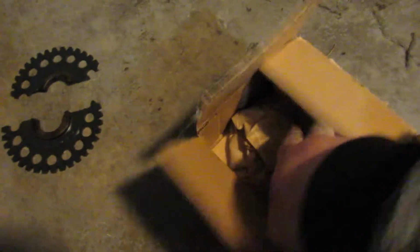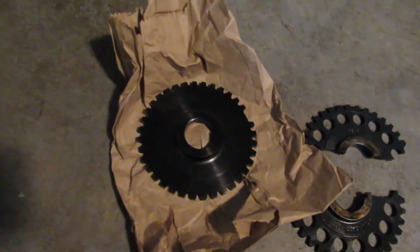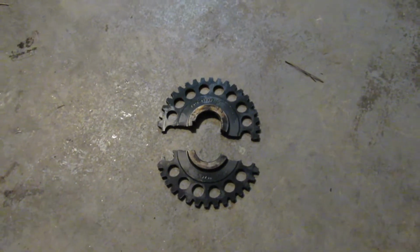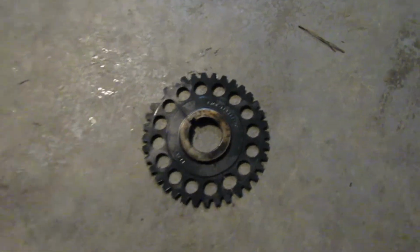So the fix is Accu-Fab sells a billet one. This is a billet reluctor wheel for a 96 through 98 car. So I'm going to get the new one put on, but the first time I broke this, it broke